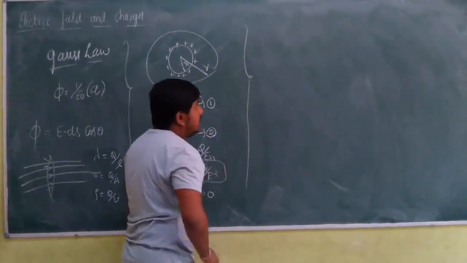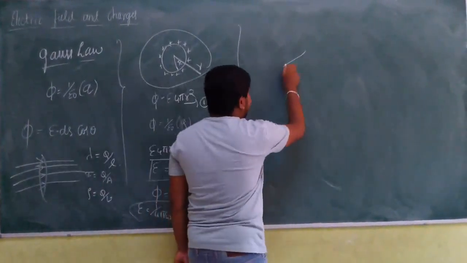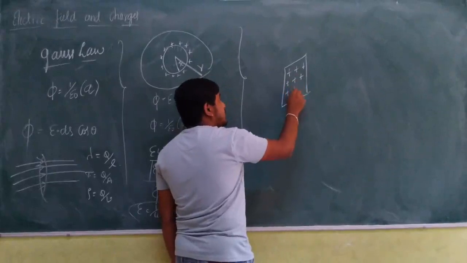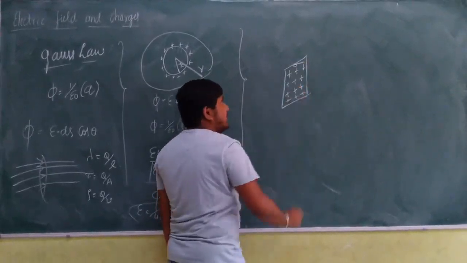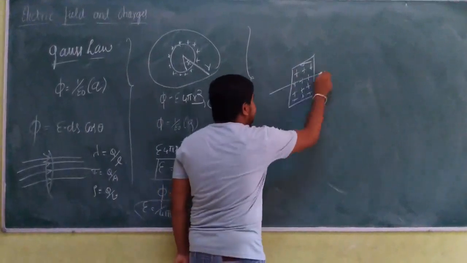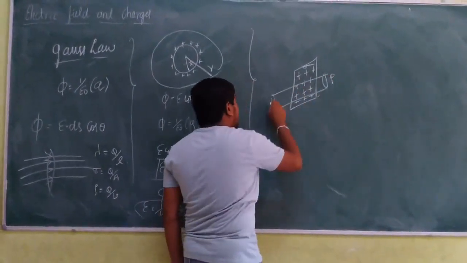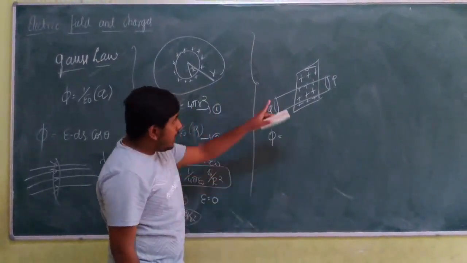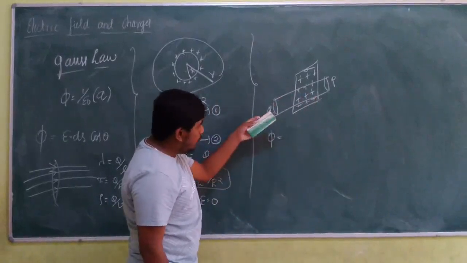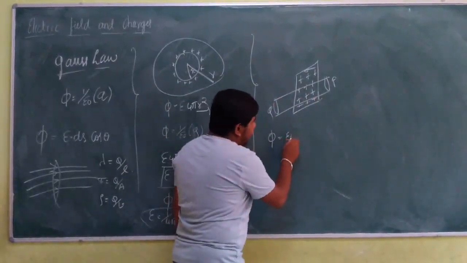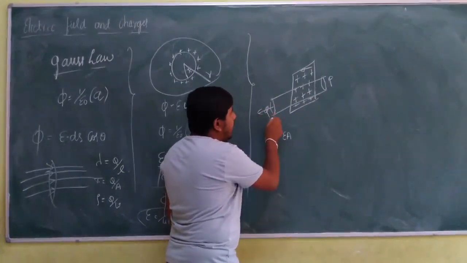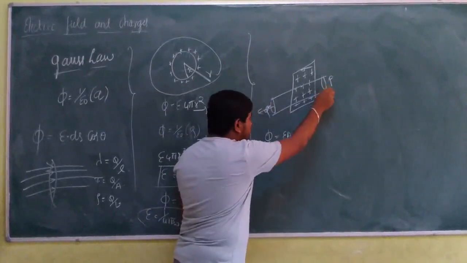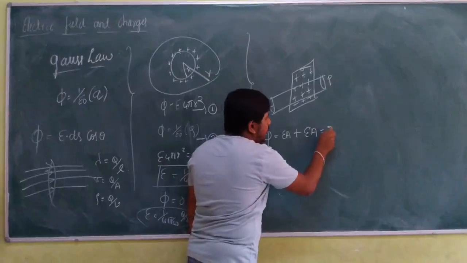Again, after this we learned electric field due to a plane sheet. Let us take a uniformly charged plane sheet. Let sigma be the surface charge density. Let us take the Gaussian cylinder for this. Let P and Q be the two points where we find the electric flux. Flux is equal to EA cos theta. The angle between area and field is 0. So flux is EA over P and EA over Q, so total flux is 2 into EA.